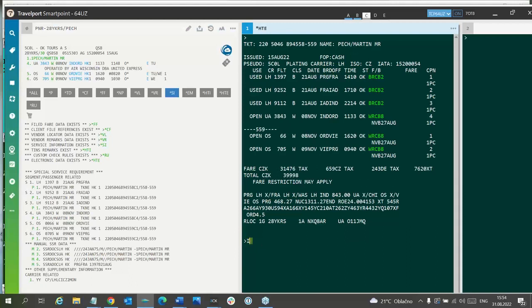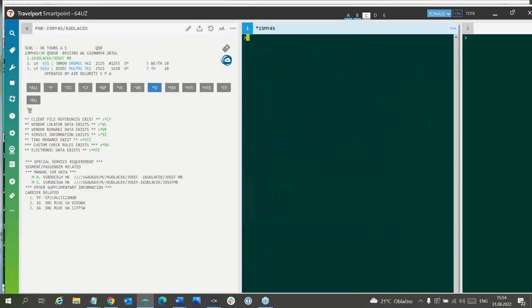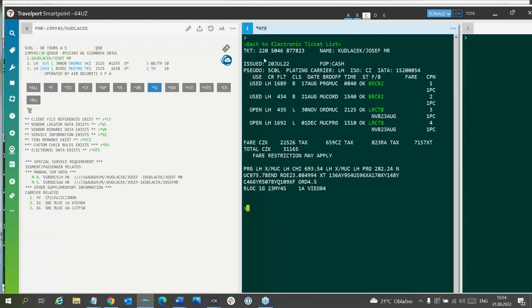So I will ignore this PNR and retrieve another one. So here you can see it is also a partly used ticket, similar to the previous one.